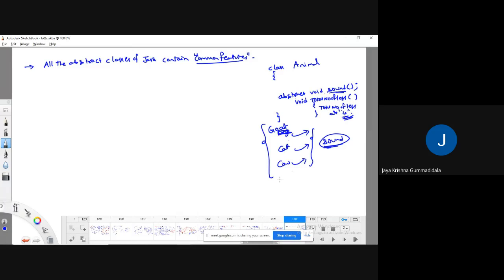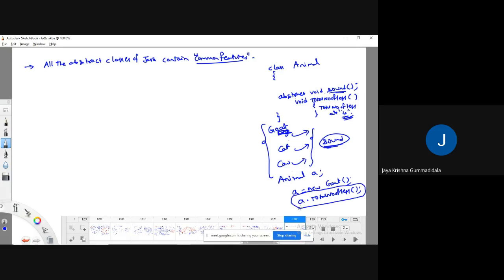Now what I will do, I am going to create a reference for Animal a, and for that reference I am going to create an object of the goat class. Now whenever I call a dot total number of legs, what will happen?